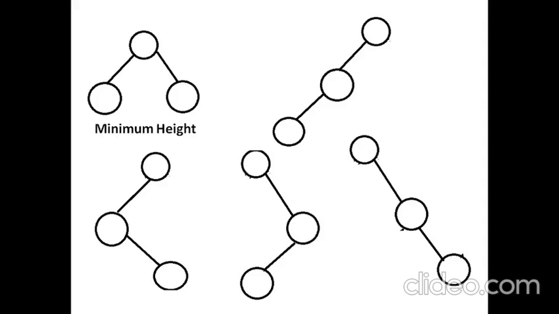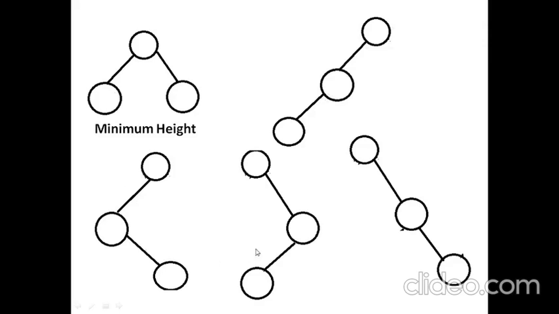Here we have the possible ways of constructing the binary tree with the 3 nodes with the height 3, except the first one. The first one is actually an example of a minimum height tree. So with the 3 nodes, the minimum height is 1 plus 1, 2. So there is one branch, and if you add 1, then the height is 2. So the minimum height you can have for a tree with the 3 nodes is 2, whereas the maximum height is 1, 2 plus 1, 3.